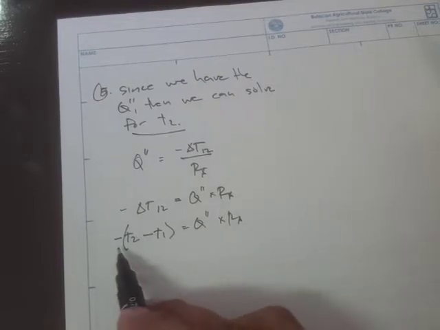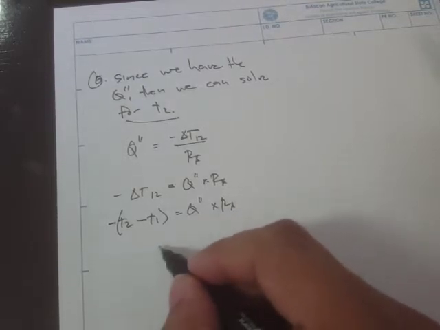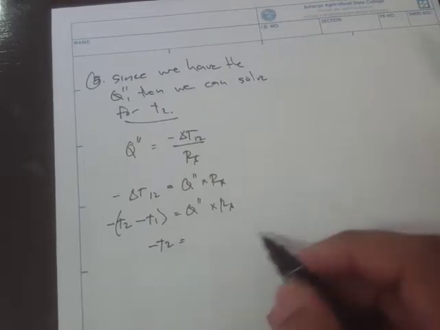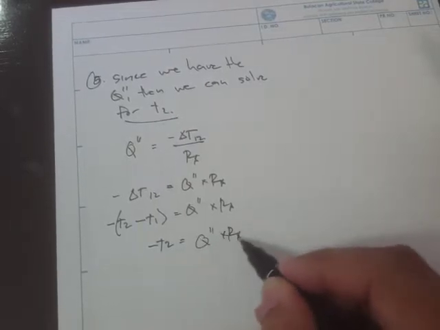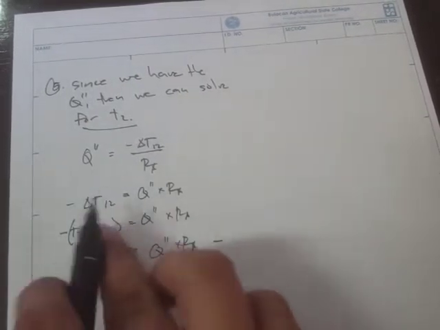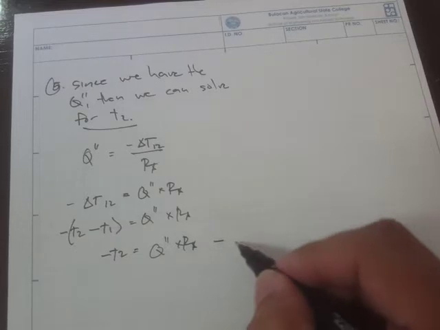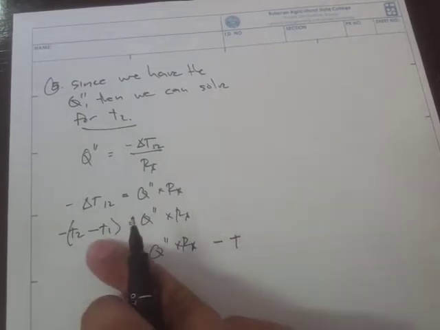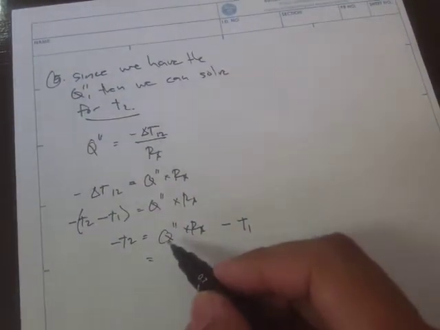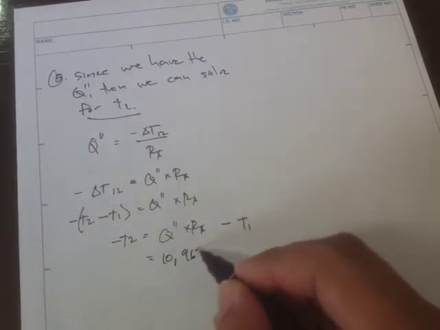If we simplify further, what we get is negative T sub 2 equal to Q times R sub A, minus T sub 1. If we transfer this, negative times negative is positive on the left, but since we are going to transpose that to the right, it's going to be positive, then negative. So negative T sub 1. Now let's substitute all the values. This is 10,965.7